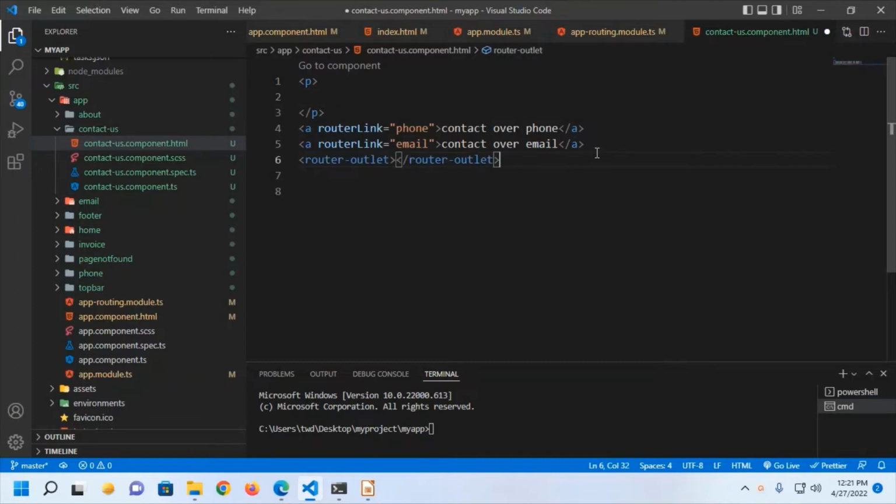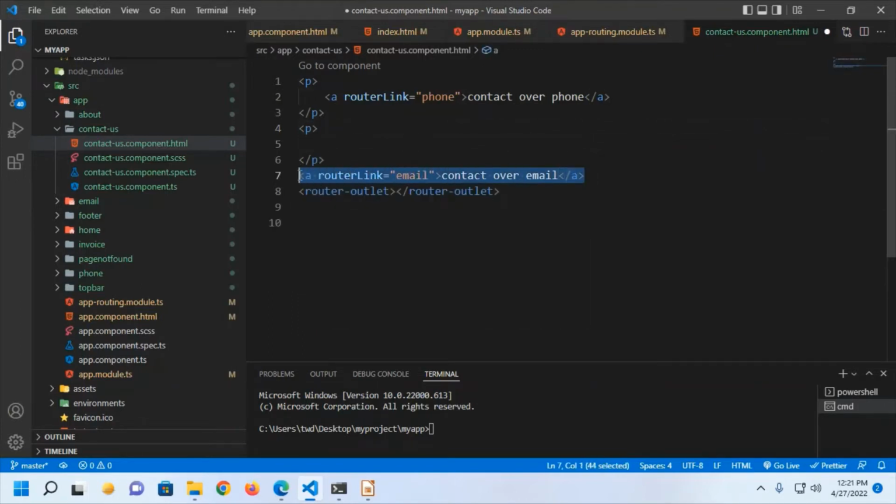Let's rearrange this contact page. Put the router outlet at the bottom of this page and add two paragraphs and put the link into the paragraph. Okay,